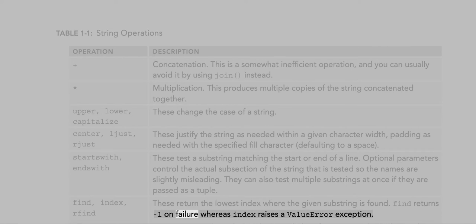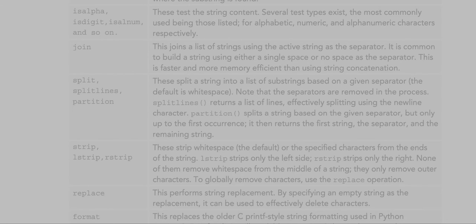Find returns -1 on failure, whereas index raises a ValueError exception. Rfind starts at the right-hand side and, therefore, returns the highest index where the substring is found. isalpha, isdigit, isalnum, and so on. These test the string content. Several test types exist, the most commonly used being those listed, for alphabetic, numeric, and alphanumeric characters